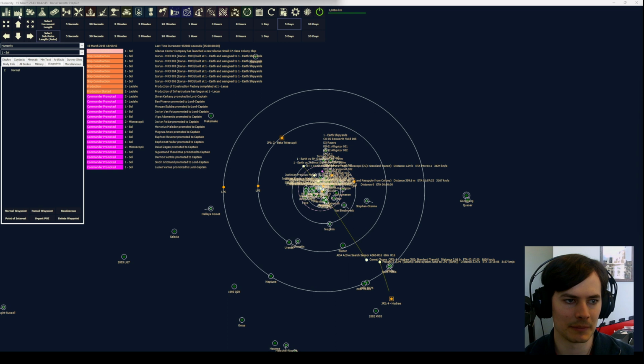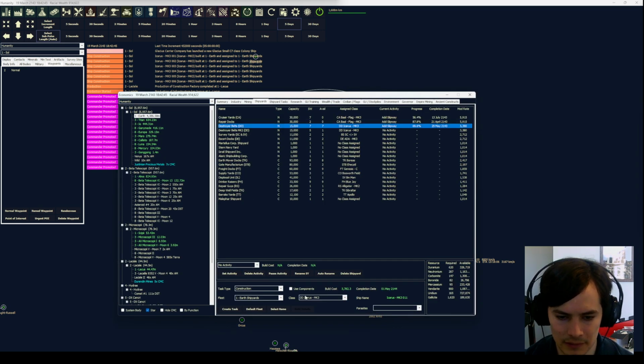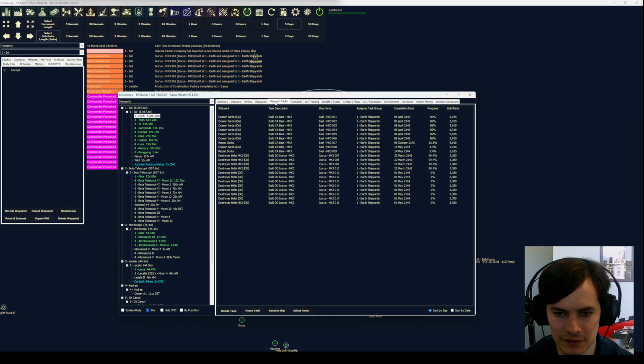Construction factory done, and a bunch of Icaruses. Okay, so give me construct Icarus Mark IIIs. Give me another wave of them. And then when this wave of 8 is finished, we're done. Which will take us to a total of...